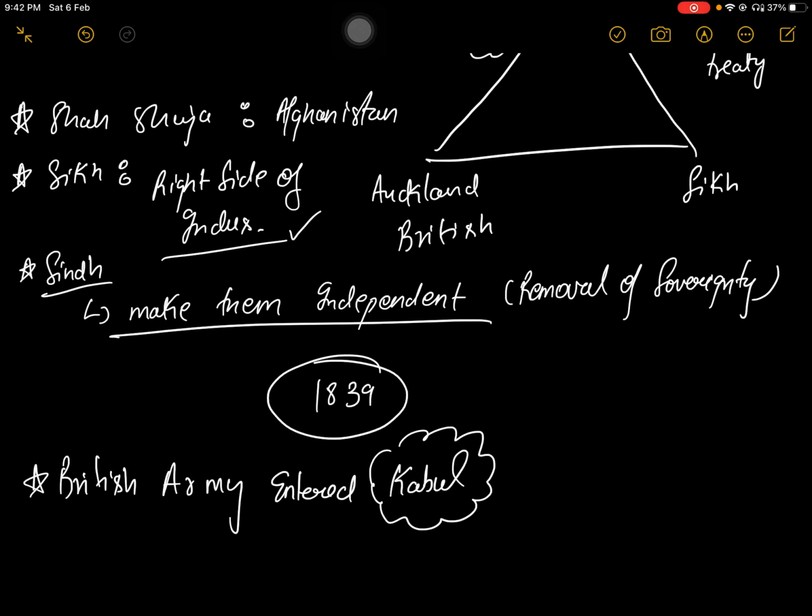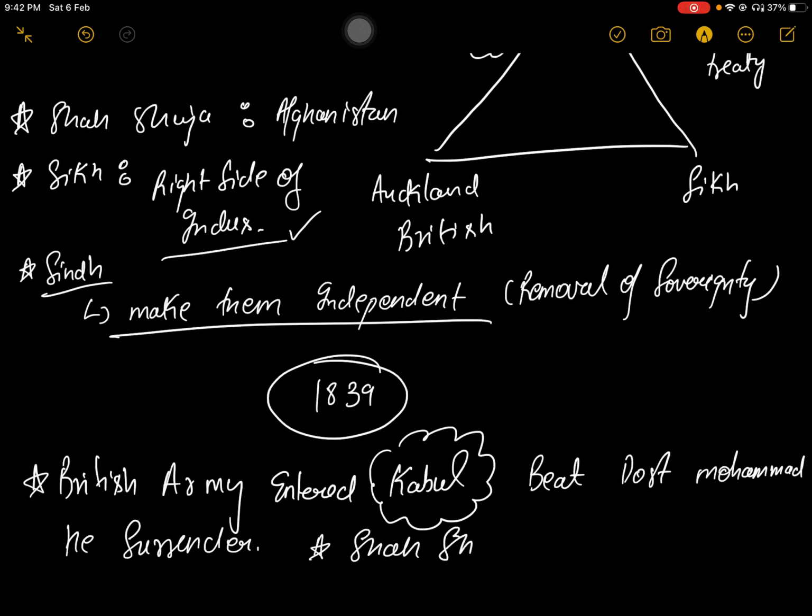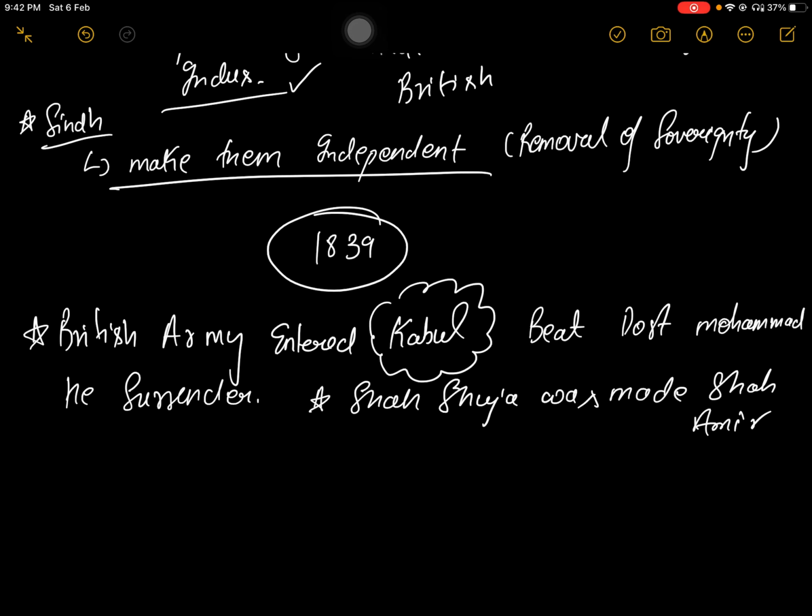problem, I'm discussing a very great problem in front of you. So the British army entered Kabul. Very easily they entered, sir. They entered Kabul and they beat Dost Mohammad. He surrendered. And of course, Shah Shuja was made the Shah or the Amir as per the plan. So the plan is going very smoothly. No problem. But what happened was that